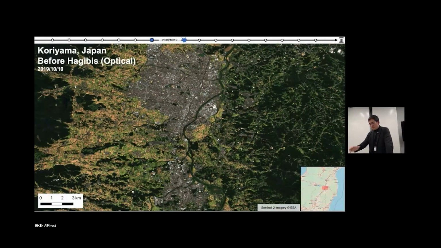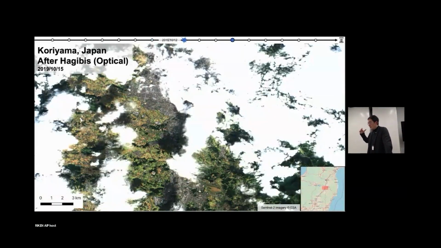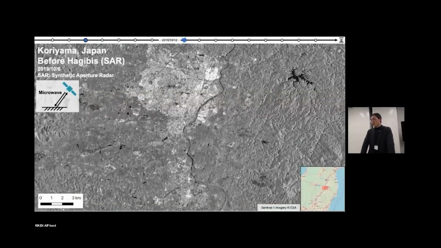And this is the next one. This is the post-disaster optical imagery, which is covered by cloud, and we cannot see the ground. So unfortunately, optical imagery is really intuitive and useful for extracting semantic information, but here it's useless because we cannot see the ground. So the only sensor that we need to rely on is another modal data based on radar,